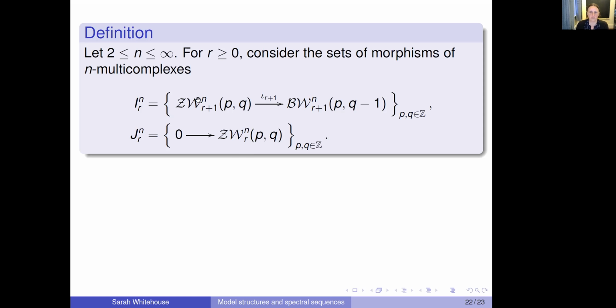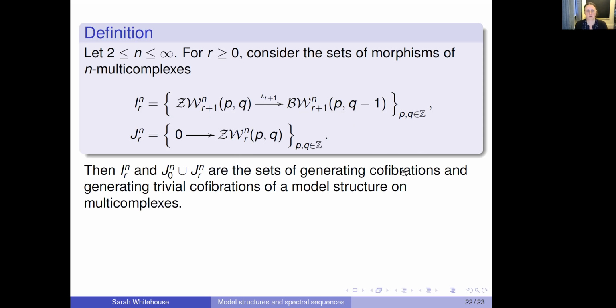And then I've kind of mentioned the data that goes into the I. It's this map at the level r+1 from the witness cycle object to the witness boundary object, which I haven't described, but I've kind of indicated what kind of thing they are and what they do. And then the point is that,